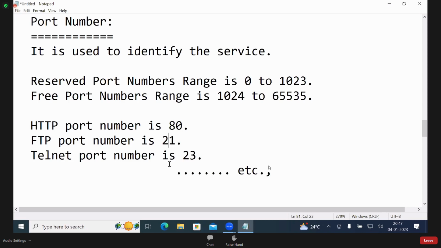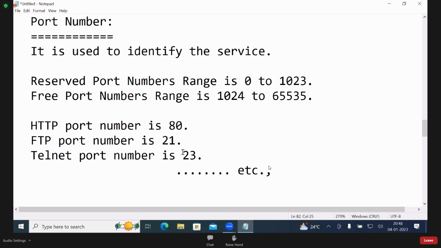Your father's number you also don't know, your mother's number you also don't know. Few people don't even know their own second SIM card number. They save it in the mobile. It is a number. Numbers are very difficult to remember. That is the reason these domains and service names are there in Java programming. So like this, HTTP, FTP, Telnet, all these you can remember. But 80, 120, you cannot remember.